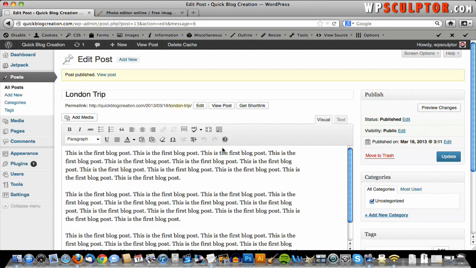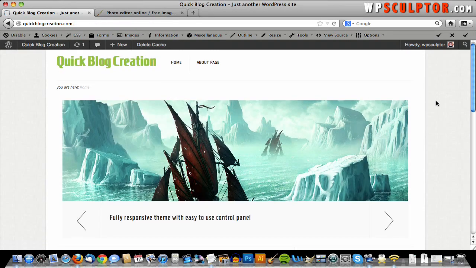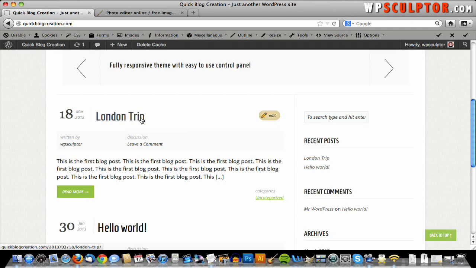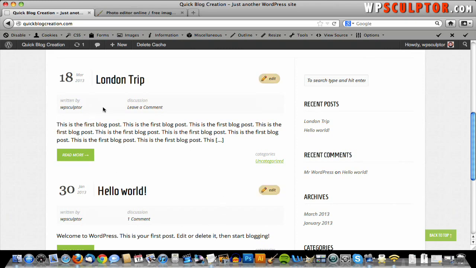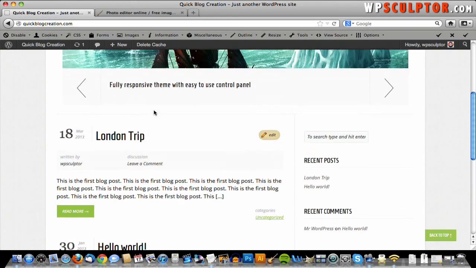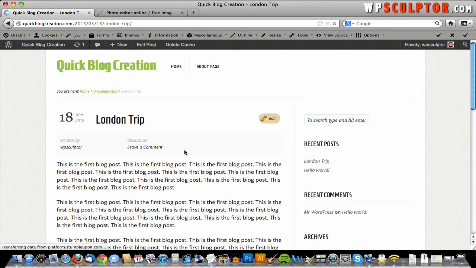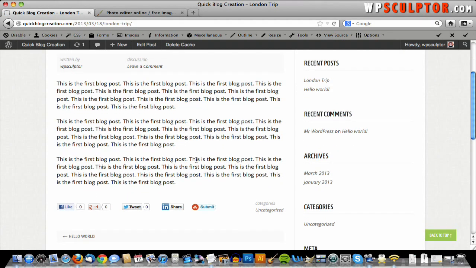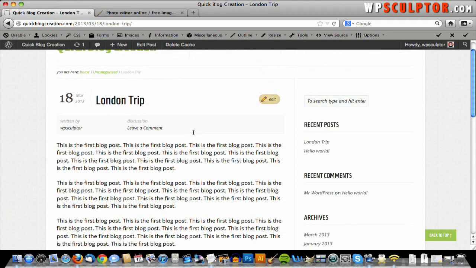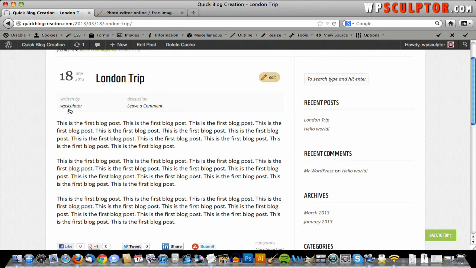Of course, we're going to make some changes to that, but I want to show you what happens when you publish a new post. We're going to click this icon to go to the home page of our website, which is our blog page. And as you can see, the blog post that we just created, the London Trip post, is showing here at the top. That's because every time you create a new blog post, it's going to show an excerpt from that blog post on your blog page. And if you click here, it'll take you to that actual blog post. It's a little tricky with the pages and posts, but it's really not that difficult once you get the hang of it. So we're going to go back